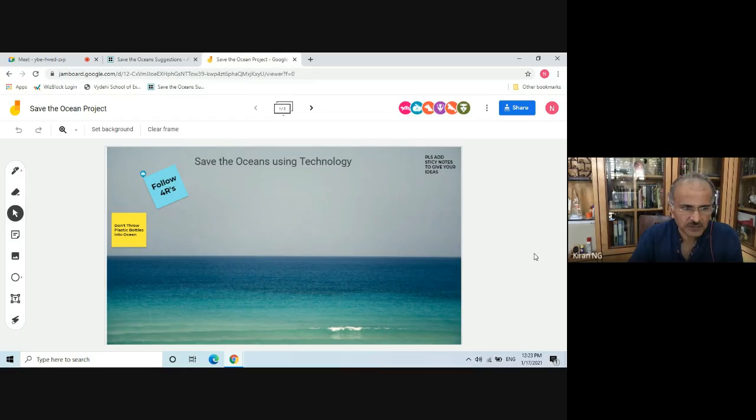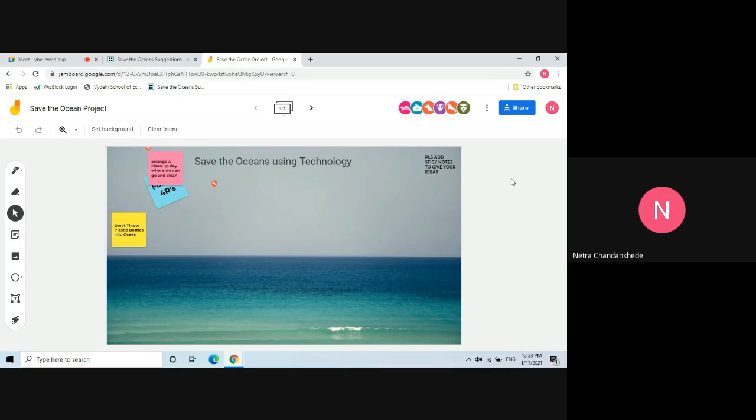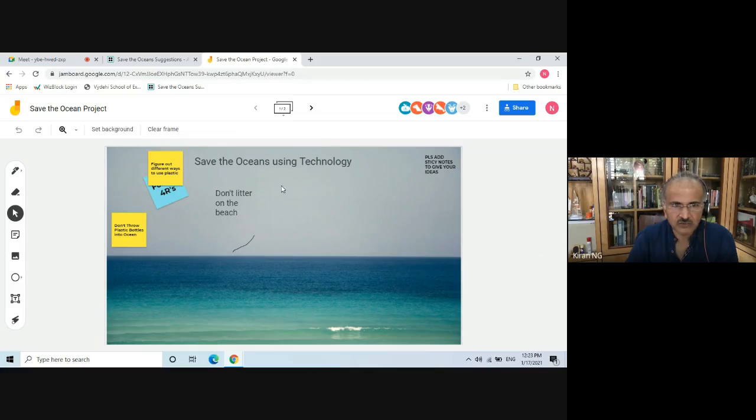All of you, can you try? You can try sticky notes or you can try text like this. Then you can also give a picture.